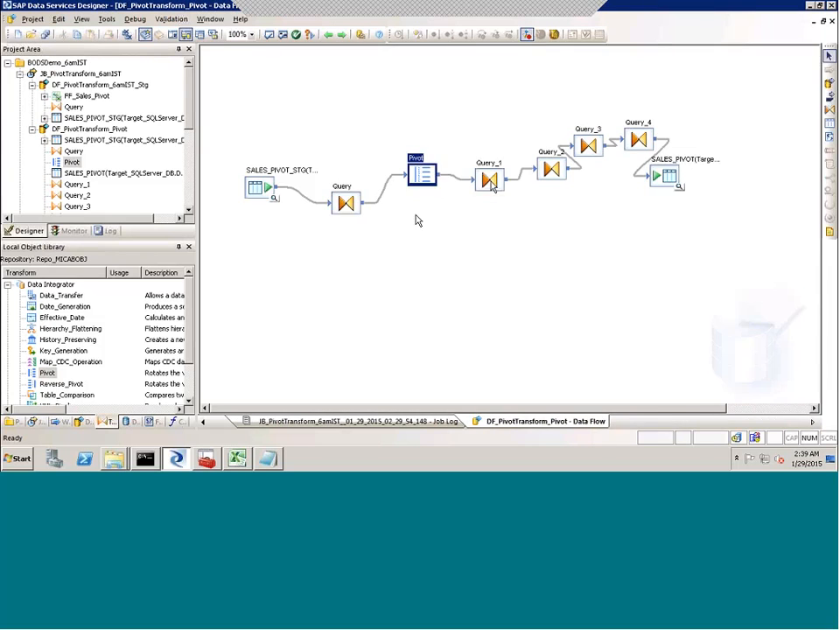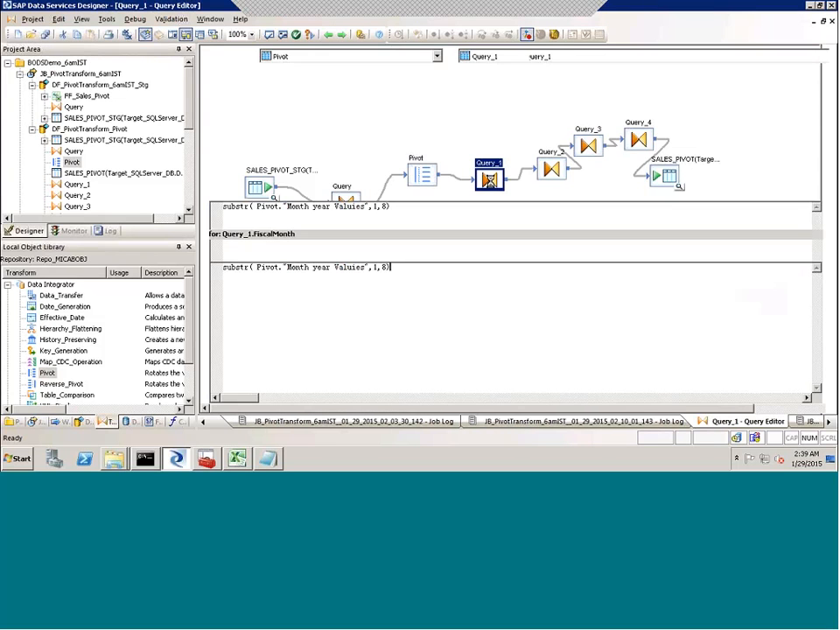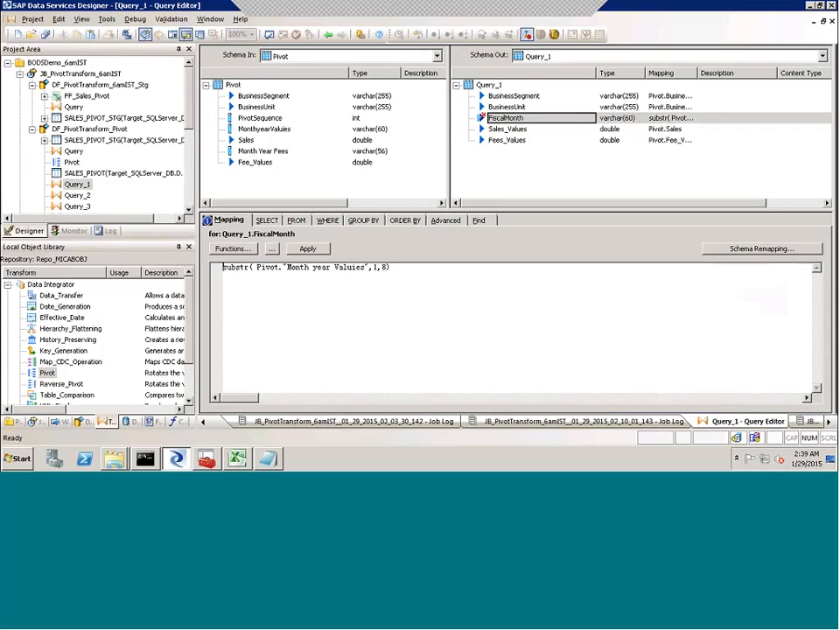Go back. If it is here, one second, guys. What happened here? Change the column name. Yes, I have changed the column name. That is fine. But the fiscal month